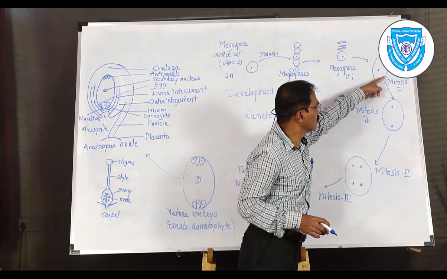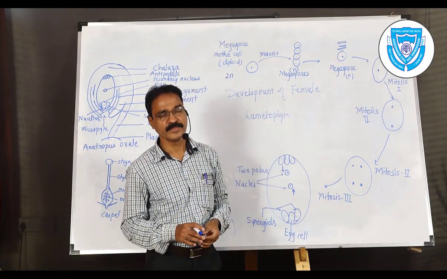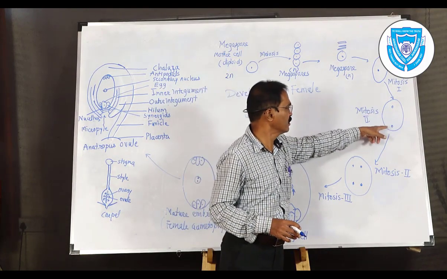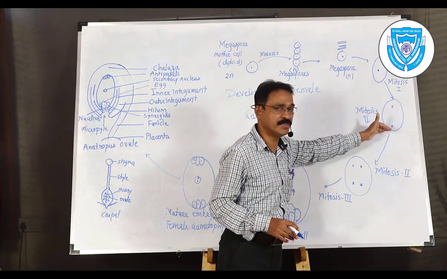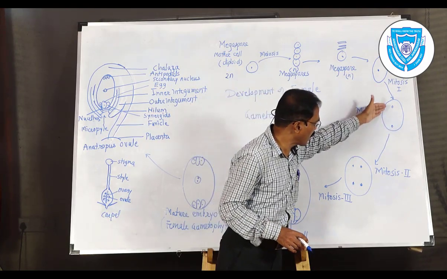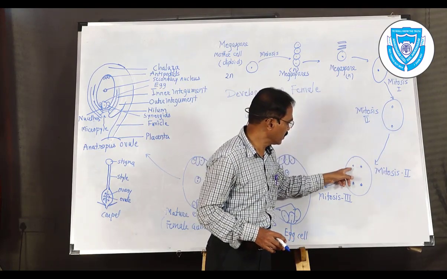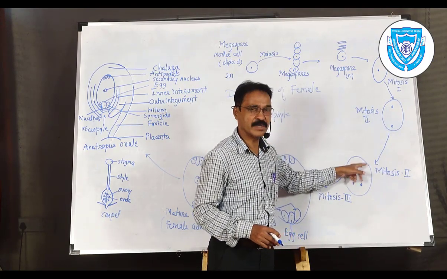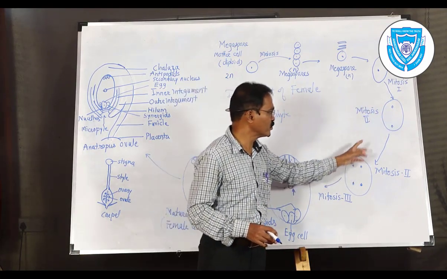That means first mitosis takes place and it gives rise to 2 cells, 2 nuclei. Okay. So first it is a single nucleus; when it undergoes mitosis, the first division, it develops into 2 nuclei. Again it undergoes the second mitosis and gives rise again to 4. That means 2 are already present. Again it undergoes mitosis and gives rise to 4 cells.